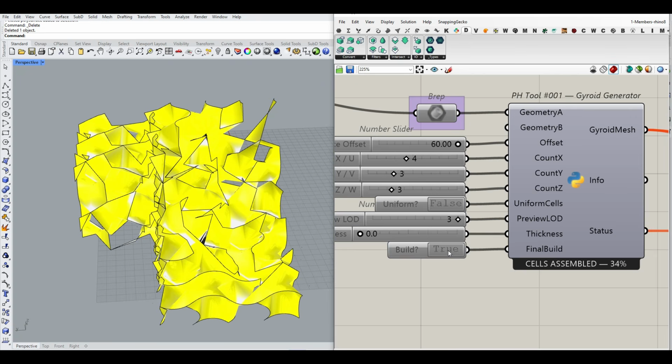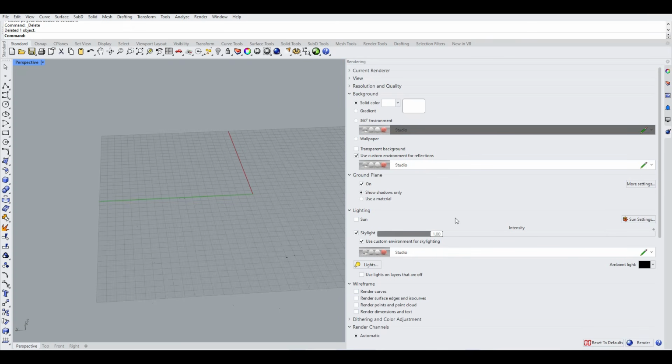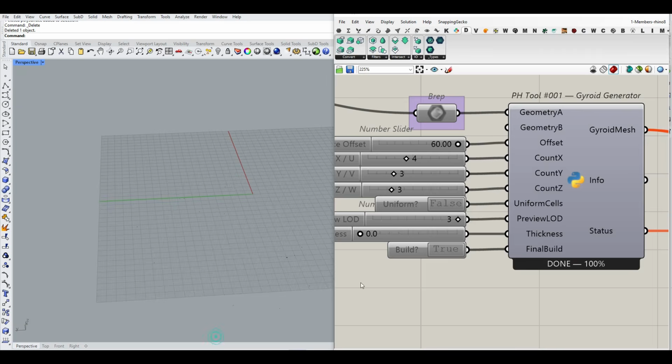The most important one is to put the final build to true. As you can see here, we have a preview LOD3, which is like a fast preview. If you put this to 2 or 1 or 0, it's going to smooth this preview and slow it down. So I prefer to put this to 3 and still work with that output. Okay, now that I have finished the Gyroid Generator output,